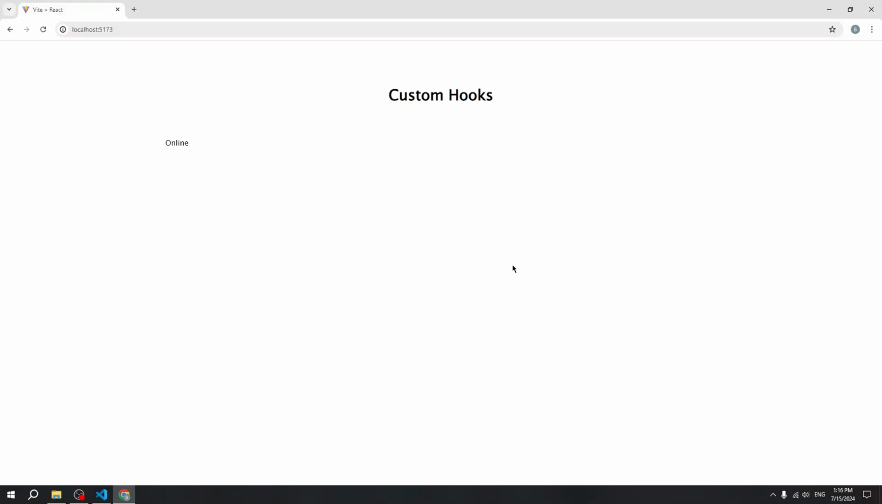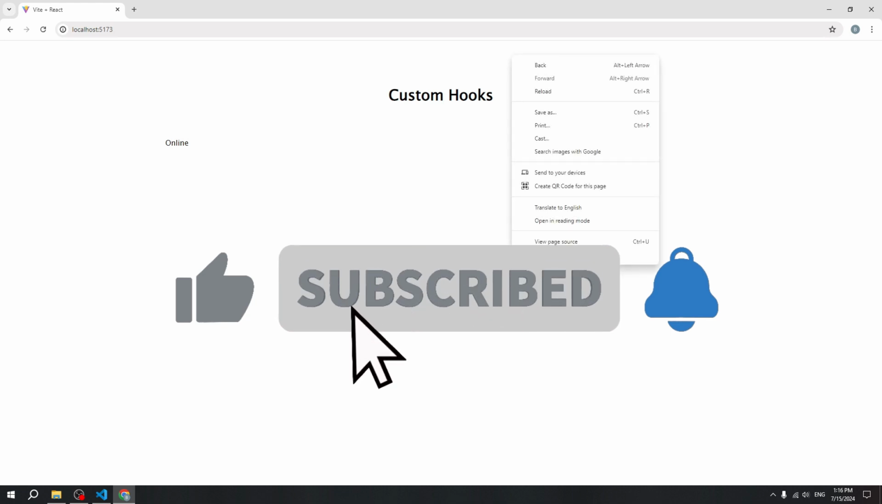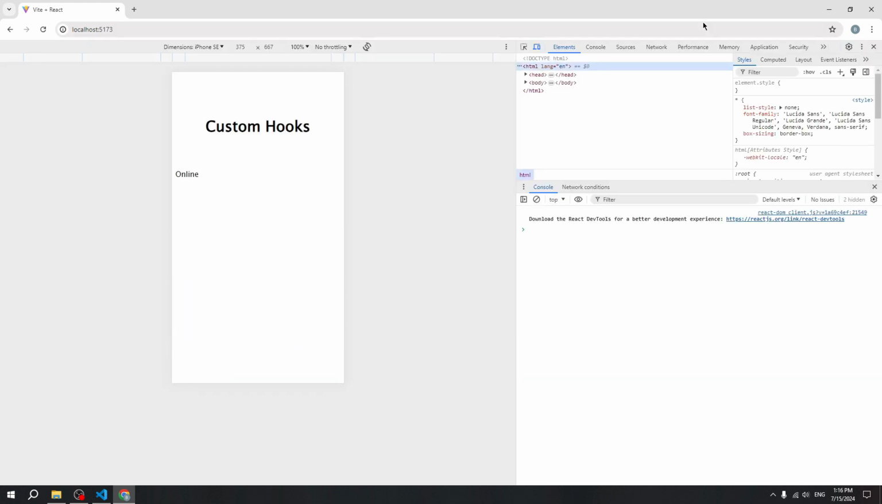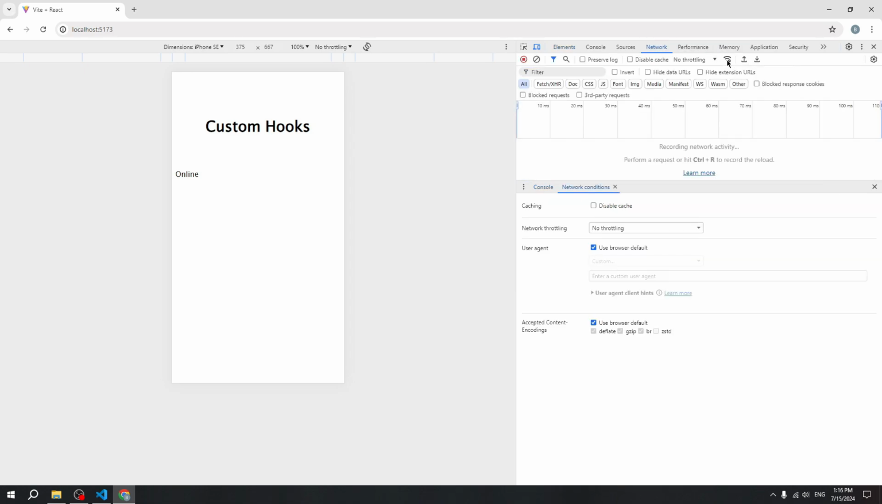Hello everyone, today we are going to create another custom hook in React. This time we will create the useNetworkStatus hook. This hook helps us track the user's network status so we can provide better feedback when the user goes offline